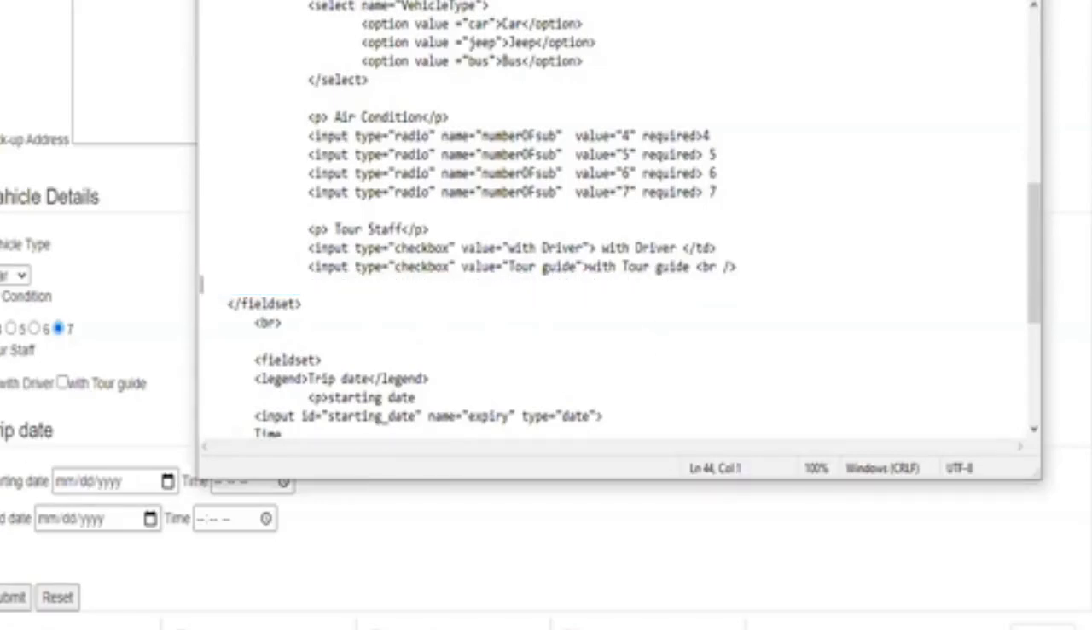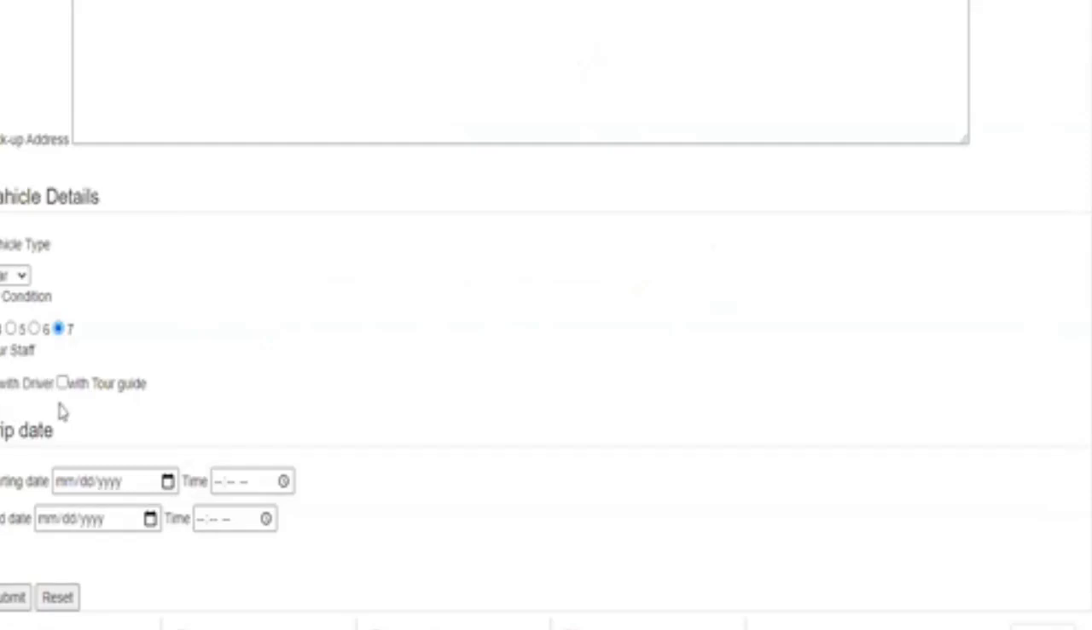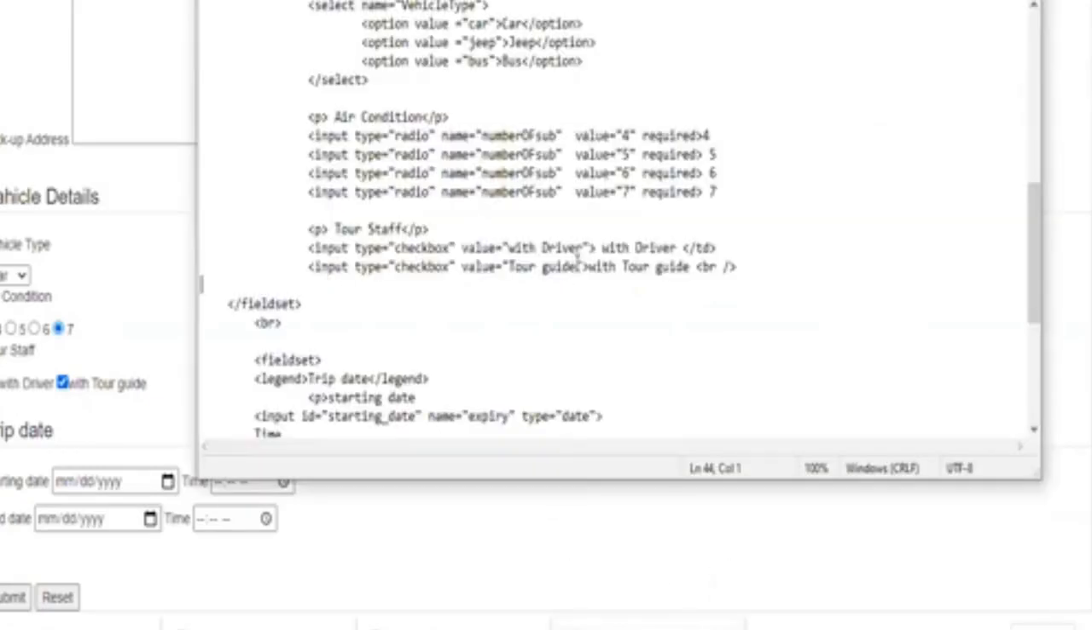No, choose one. Someone may prefer only a driver, and someone may say I want a driver and a tour guide as well. So these two values are selected. In that case, how can we read that? We are going to learn that later once we learn about for loops and all. But for the time being, what you have to remember is that here, for the input type checkboxes also,